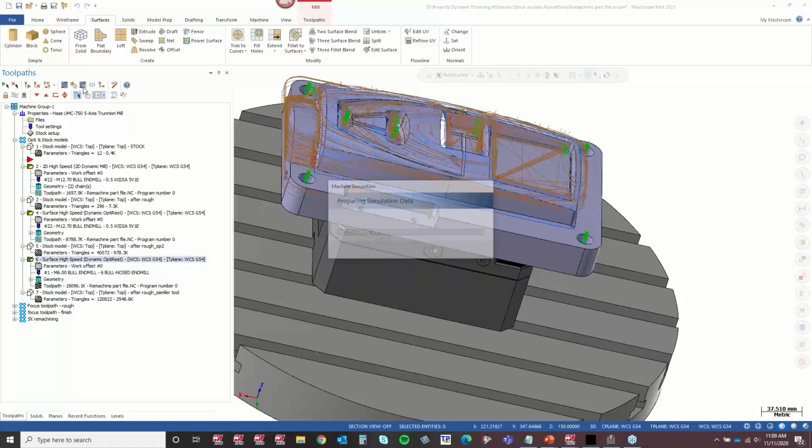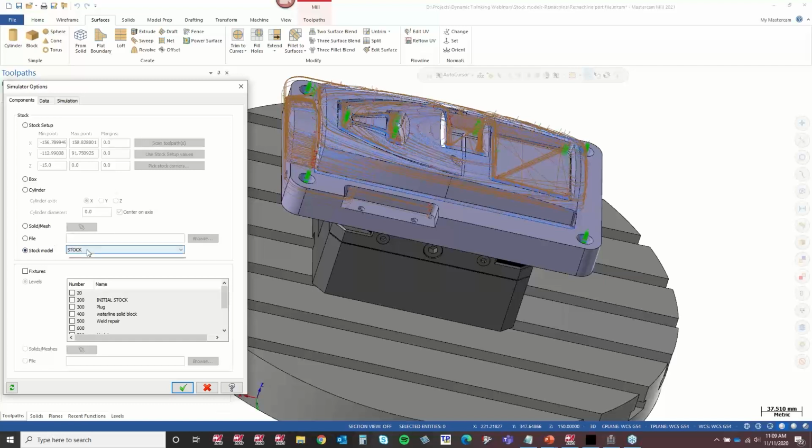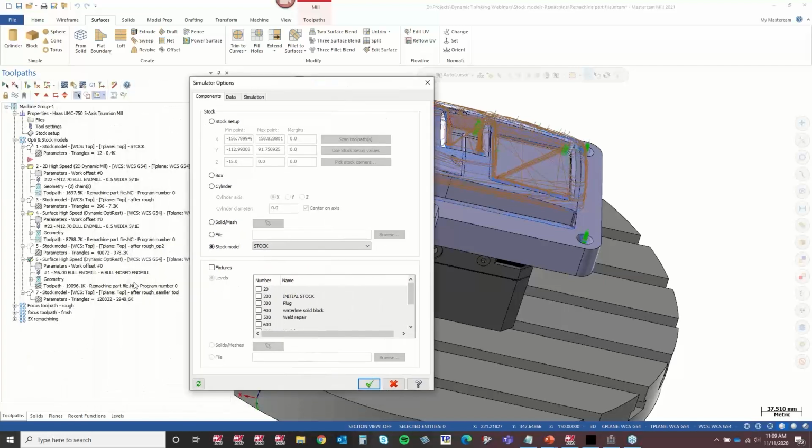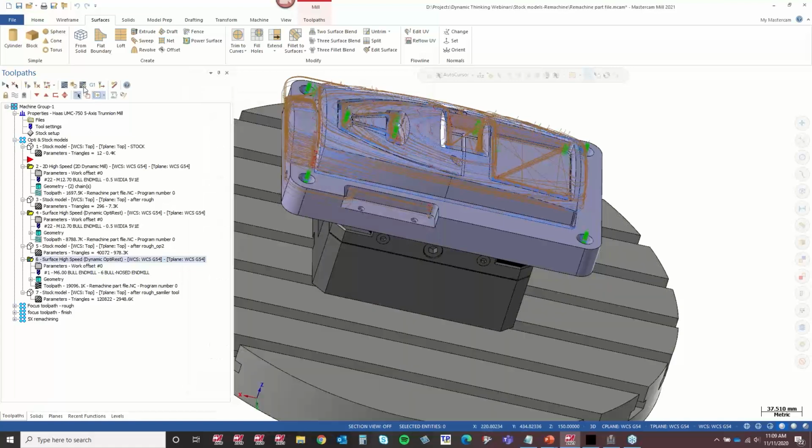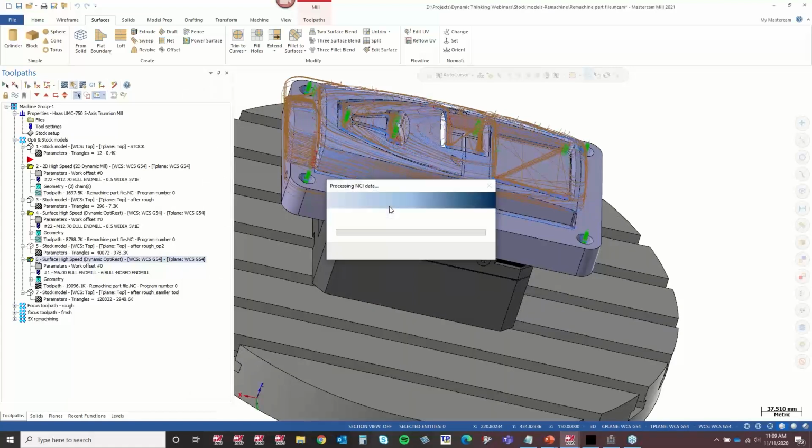So instead, what I suggest is you go up into your verify options. You can use your stock models. Let's see what that one's called. The one before that is called After Rough Op 2. I can pick that one, and now I can launch this verification.